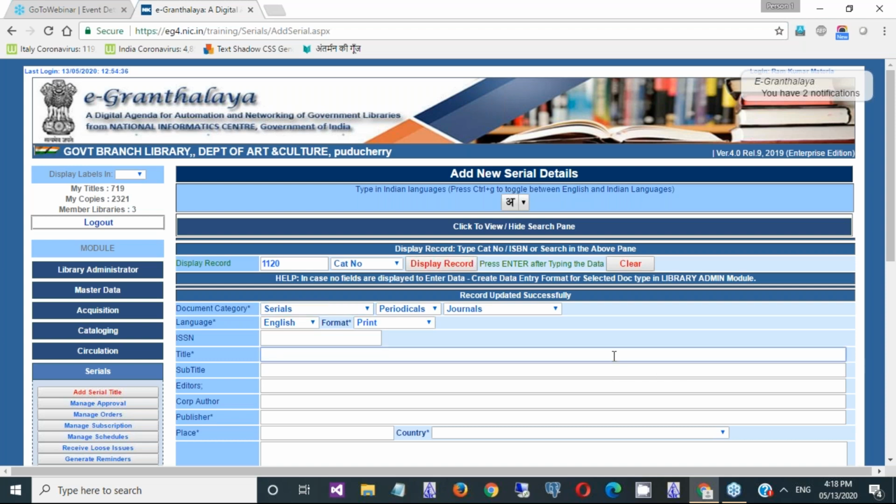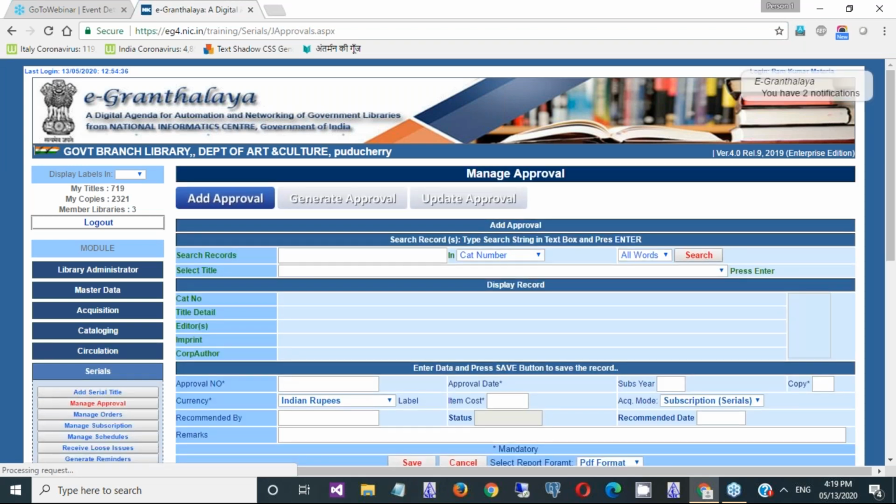I will take the example of a journal already entered by some other libraries. Okay. So after entering the bibliographic data of every journal, now you need to go to step number 2 for managing the approval.